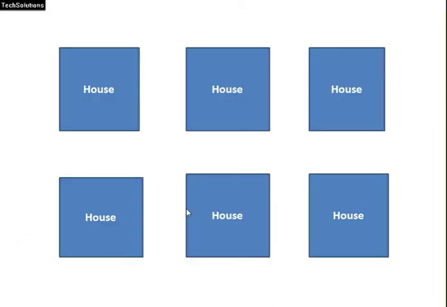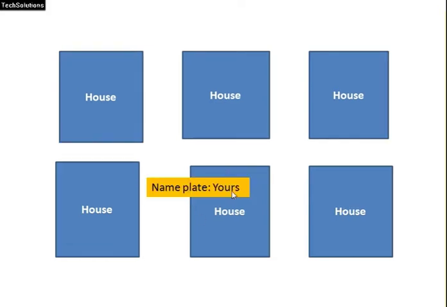Suppose there are houses in your locality. Your house needs a name. What do you do? You just place a nameplate at the front of your house. People will now recognize your house through your nameplate. This nameplate points to the house; a variable points to the value that is stored in the memory. When you create a variable, the interpreter will reserve some space in the memory to store values.